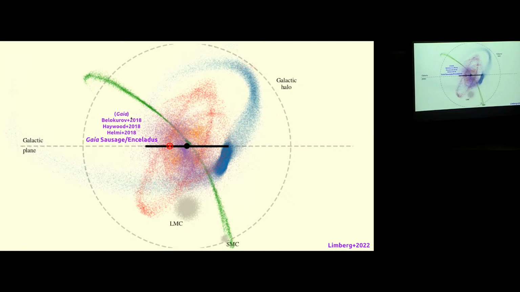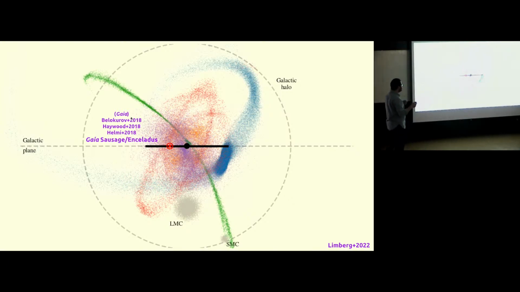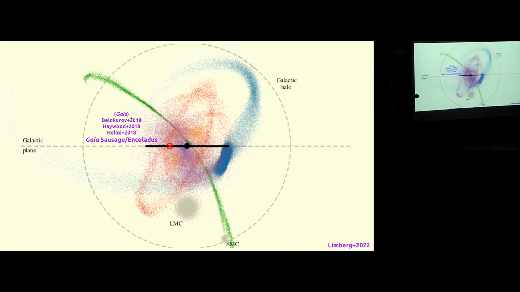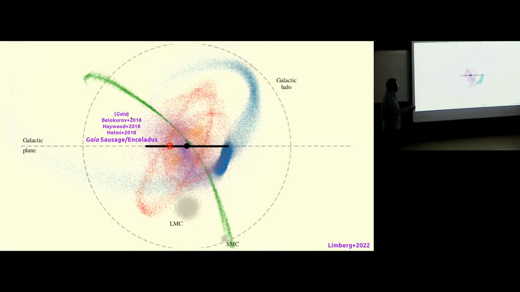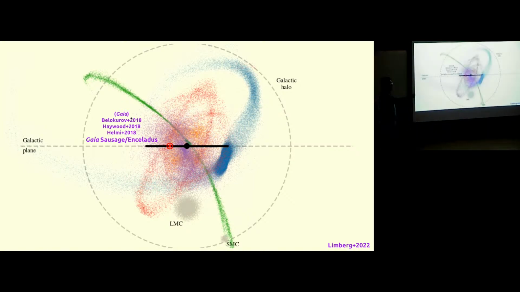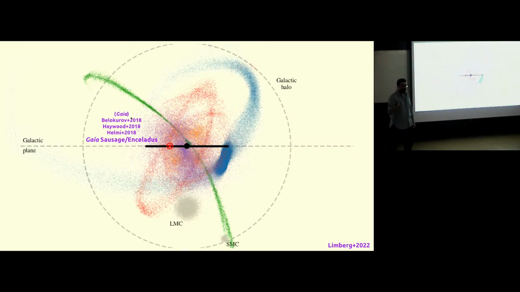In this paper, what we did was to look not only at the stellar populations of this disrupted dwarf galaxy, we also ended up looking at the population of globular clusters associated with this galaxy. As you can imagine, not only do we have stars in the halo, but we also have globular clusters, and these globular clusters are also brought in with these accretion events. Specifically, what we were able to identify is that this one galaxy, Gaia Sausage Enceladus, for many reasons that I'm going to go into in detail in the next slides, is probably associated with ω Centauri. And ω Centauri is important on its own because it's the most massive globular cluster in the Milky Way.